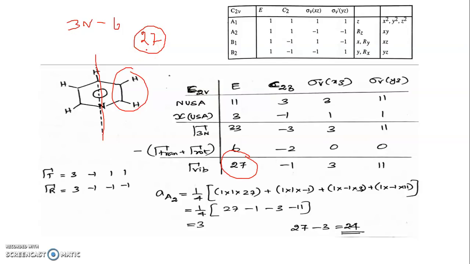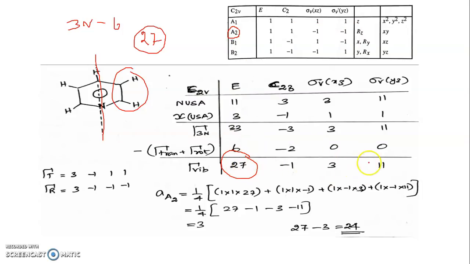But how many of them are IR active? To analyze that, we have to check, or we can do it the other way. Listen, we can use a trick here actually. Among A1, A2, B1, B2, which is not IR active? See, listen, along A1 I have Z, so it is IR active. Along A2 we don't have X, Y, Z here, so this is IR inactive. B1 we have X, IR active; B2 we have Y, IR active. So what we have to do, listen, is find the number of A2 present in the reducible representation.